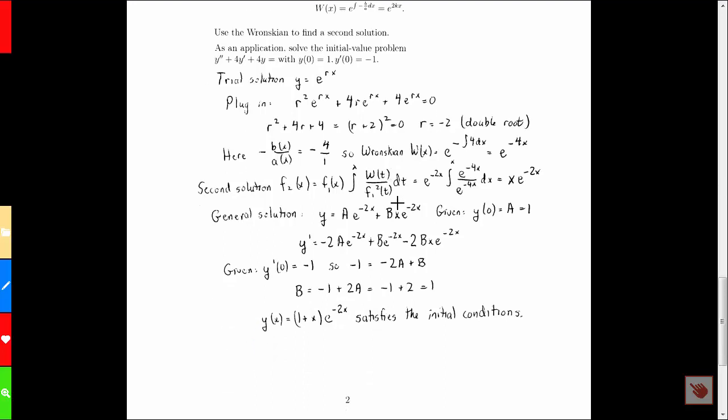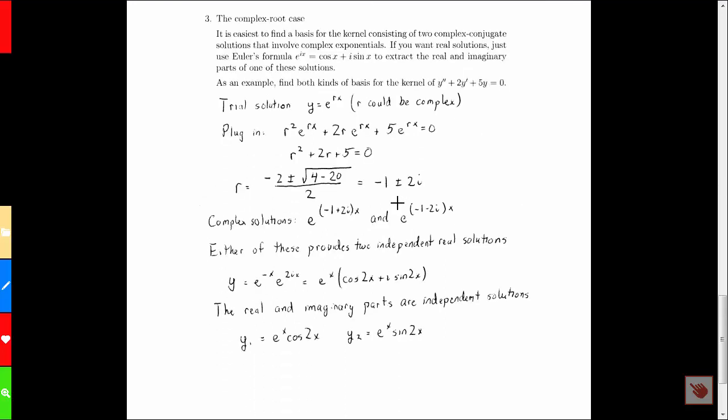Well, what else can happen with a quadratic equation? The last thing that can happen is it's got no real roots at all. It's got complex roots. In that case, the trial solution works just fine. You can get two solutions involving complex exponentials, or as you'll see in a minute, you can take one of those two solutions and say, if a complex valued function satisfies the equation, then the real and imaginary part separately